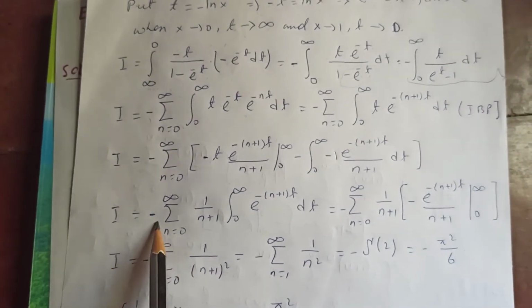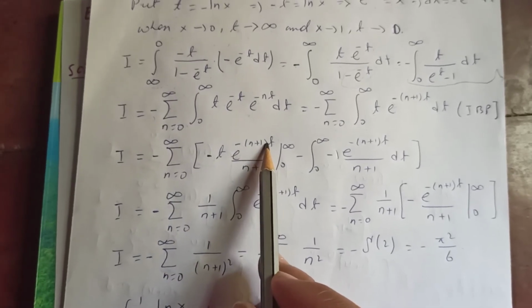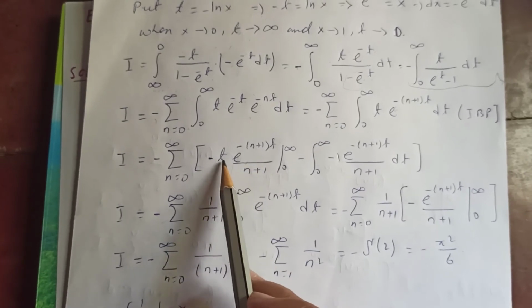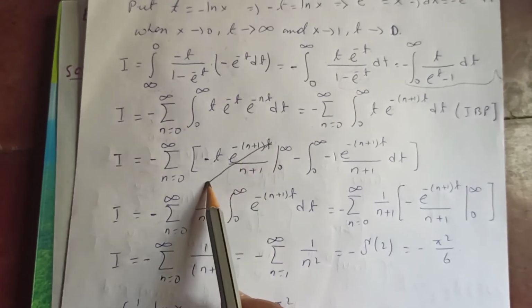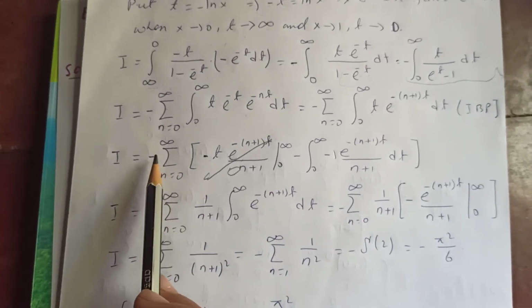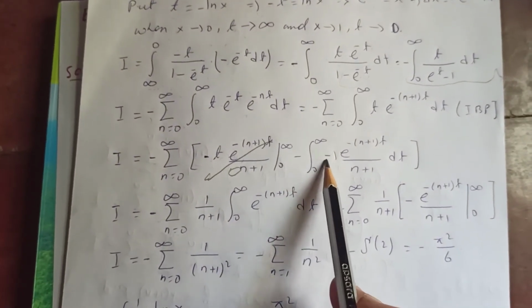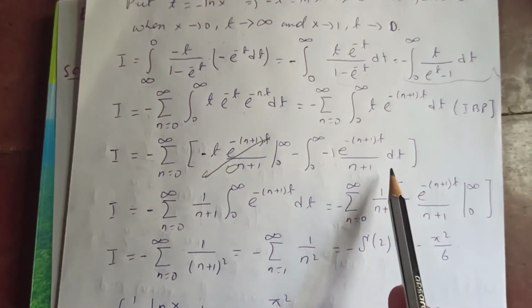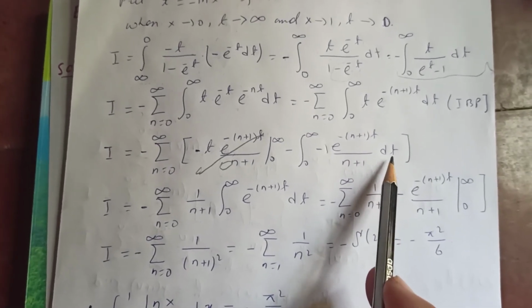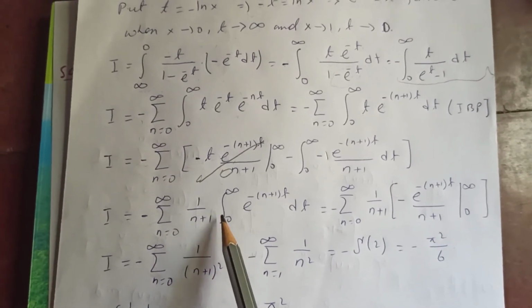And I is equal to minus. Here if you substitute infinity, e to the negative infinity is always 0. So this whole term will be 0. If you put 0 here, then t is 0. So all this term will be 0 only, right? So this minus the sum from n equal to 0 to infinity, this minus and this minus give plus, so n plus 1 is what? Independent of t, right? So it is 1 over n plus 1, sum from integral from 0 to infinity